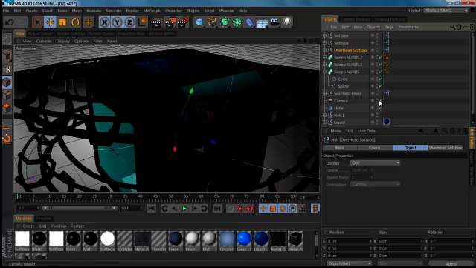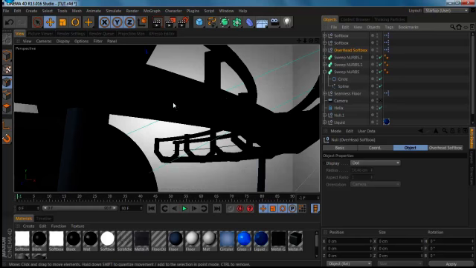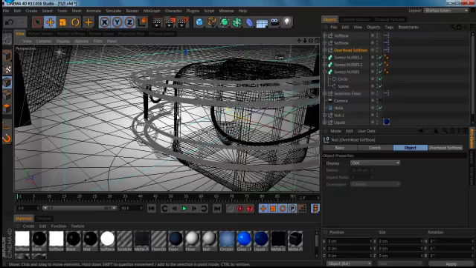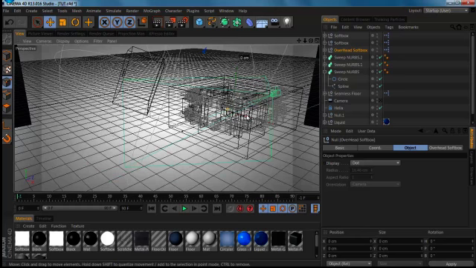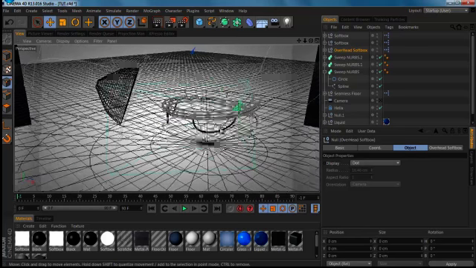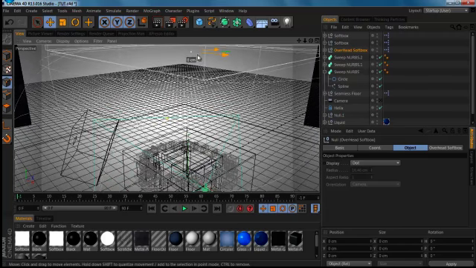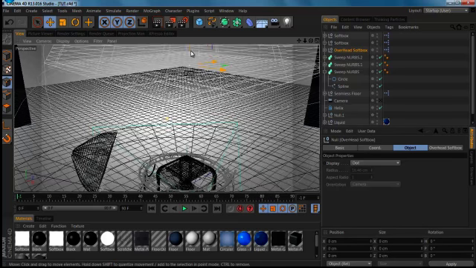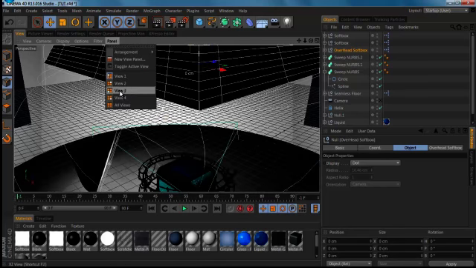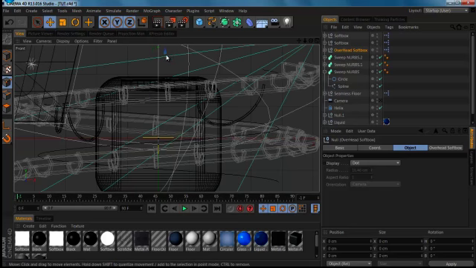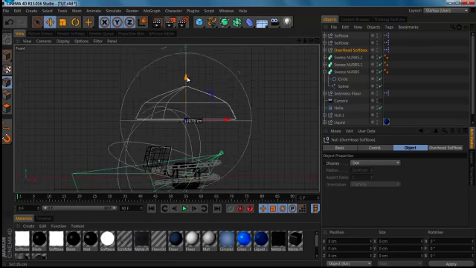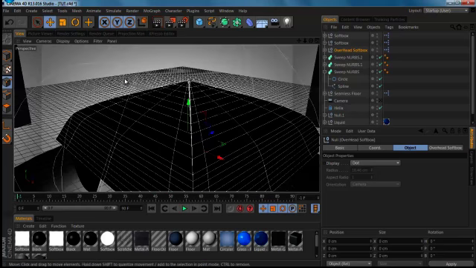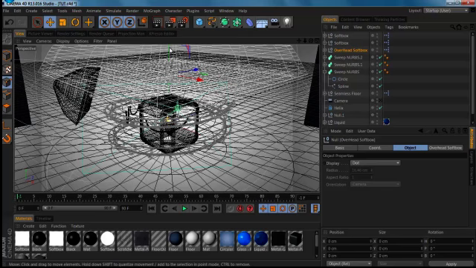So what we're going to do right now is zoom out, maybe do something like that, and now my scene gets a bit heavy, so I'm going to select the overhead. With the overhead selected, what I want to do is to at least move it down a bit. I'll go to the front view, and then I'll select my light, and then I'll move it down to something like that, and then I'll go to the perspective view,